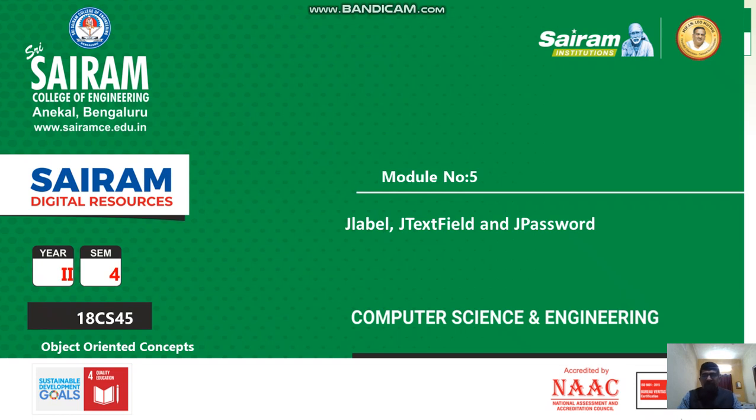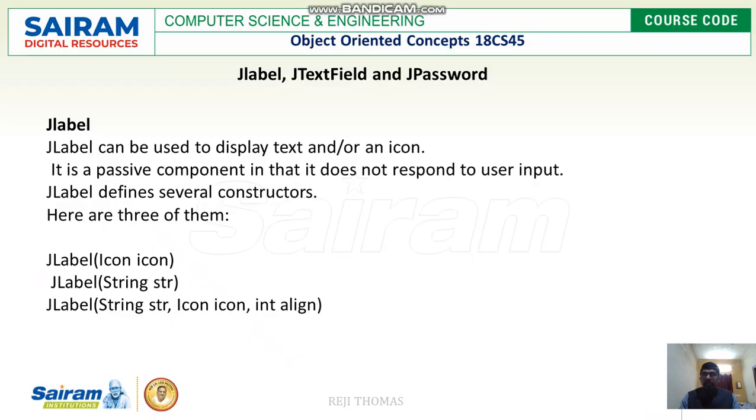Welcome back. In this video, we are going to see a few interesting features of Swing, or we can say that these are value additions to Swing applications. They are JLabel, JTextField, and JPasswordField. Let us recall, Swing provides a graphical user interface to the user, which makes programming more interesting. So JLabel, JTextField, and JPasswordField are a value addition to that. Let us see this one by one.